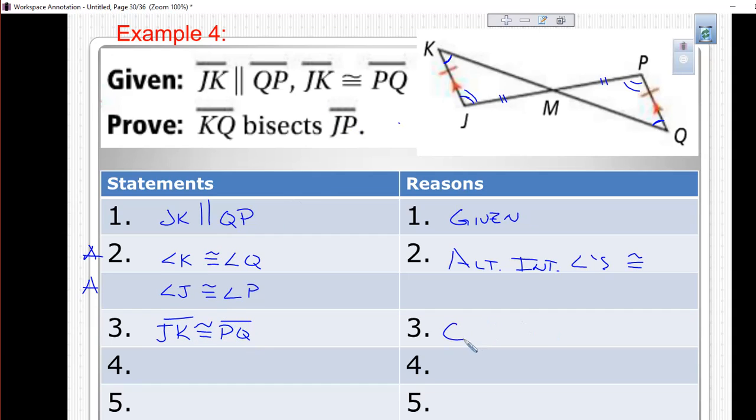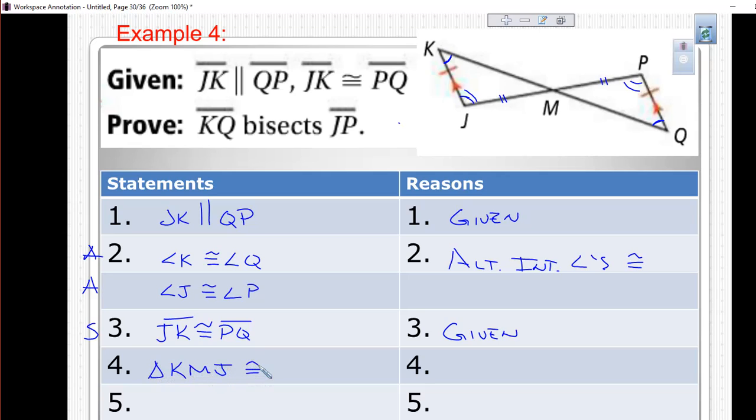And this is given to us. So now we have enough to prove our triangles congruent. So as you look here, we have two angles and a side, so we can prove our triangles are congruent, so we're going to say triangle